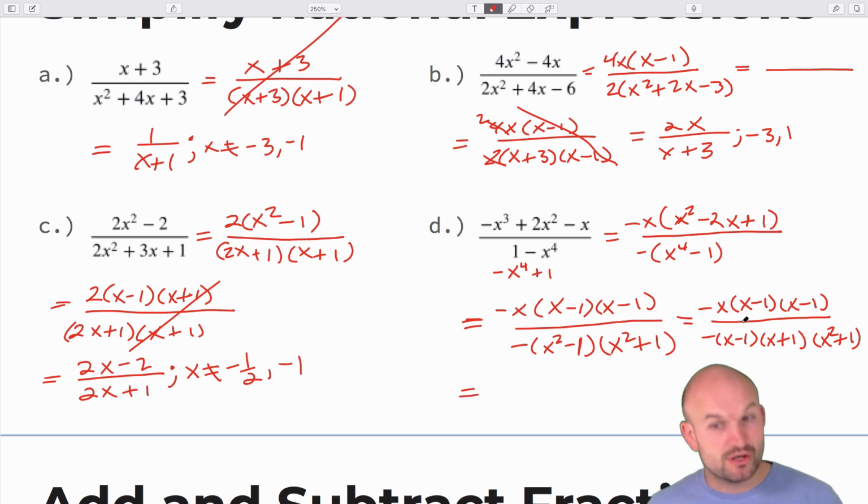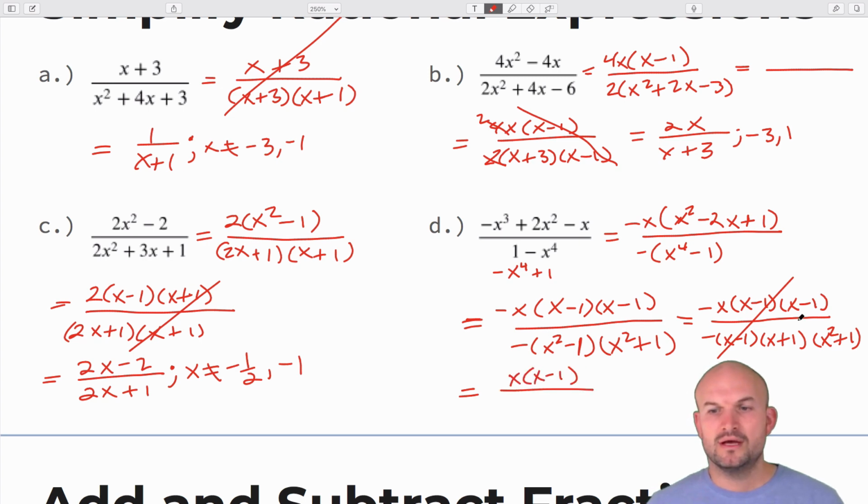A couple things we notice, though, is obviously negative divided by negative is just going to turn to a positive, right? The x minus 1 squared left divide out. We're going to be left with an x minus 1 in the numerator. So I'll just write that as a positive x, sorry. So that'd just be a positive x times x minus 1. And then in the denominator, I'm going to be left with a negative x plus 1 times an x squared